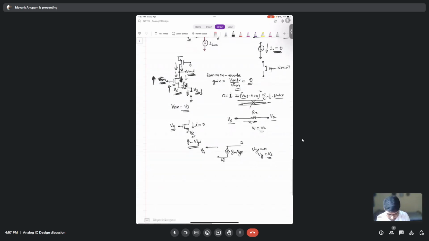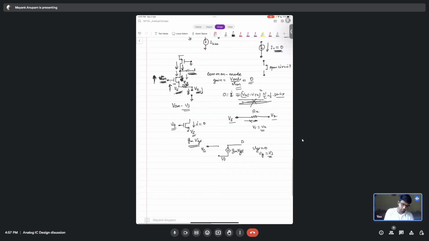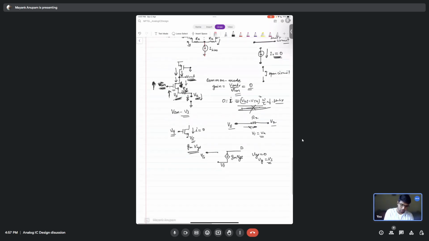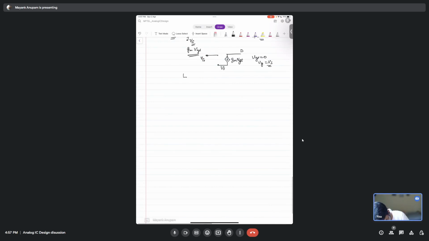Mathematically also, while substituting the current equal to zero, and after substituting the values, you will get the same thing. But I am just trying to give you an intuition here, because no current is flowing. So you know this circuit, right? This is a very famous circuit. So this is the same as this. You know what is a